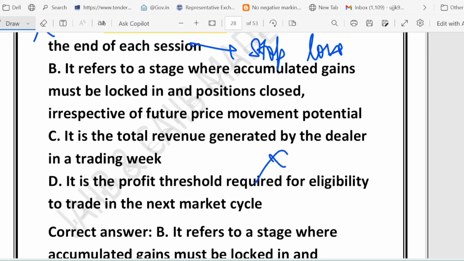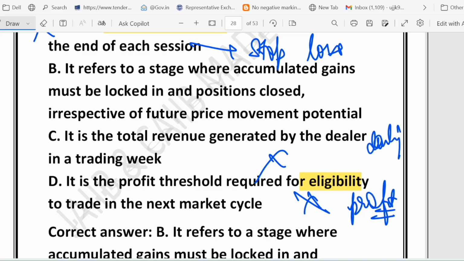What about D? D says it is a profit threshold required for eligibility. They have written trading eligibility. You know it very well that trading eligibility does not depend on how much profit you made earlier, right? Trading eligibility has nothing to do with the profit you made earlier. A dealer trades as per the daily strategy as well as the limit. This option is also incorrect. So what is the correct one? The correct one is option number